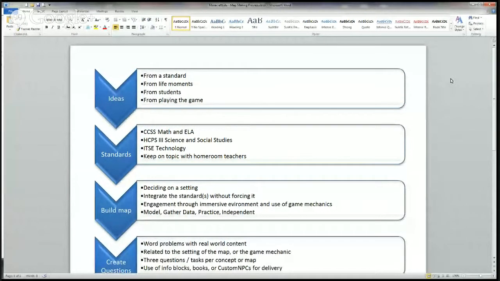So ideas can come from anywhere, is what I was trying to explain in the first part. I've had ideas walking down the street. I've had ideas reading standards. I've had ideas reading those worksheets that we all really shouldn't be using to teach with. But something in the word problem will just spark a thought, an idea, a theme, if you will, right? And then I'll just run with that. Of course, we all have to address the standards, regardless of what it is, including the ITSC standards, which I kind of like to put in there.